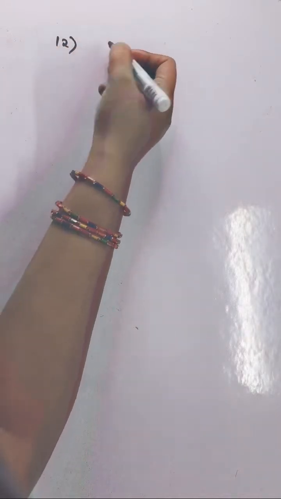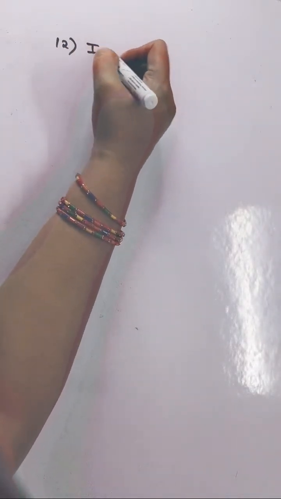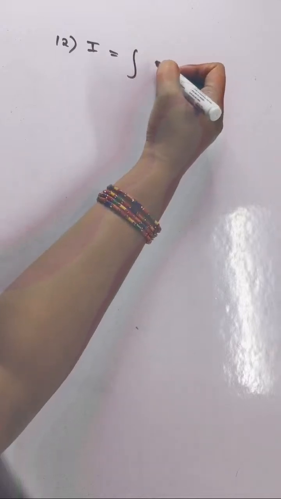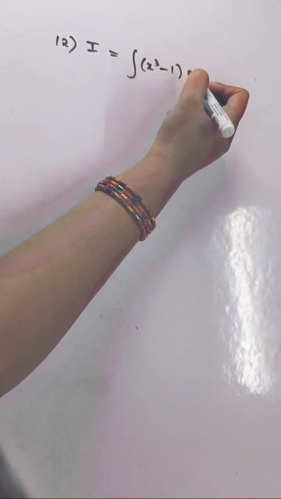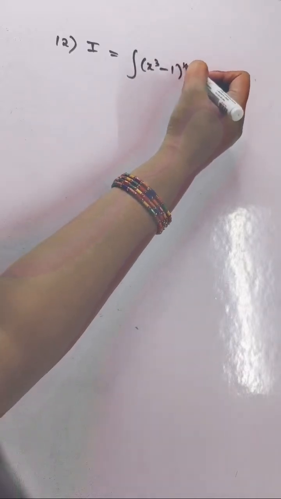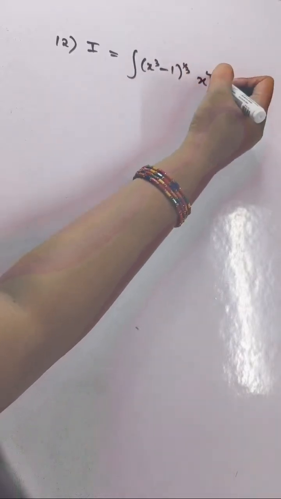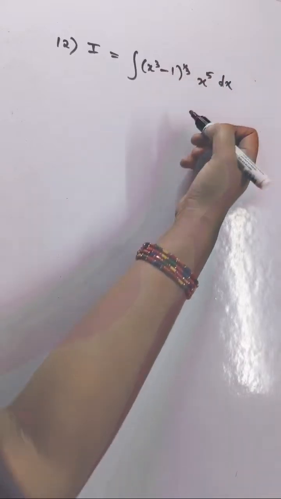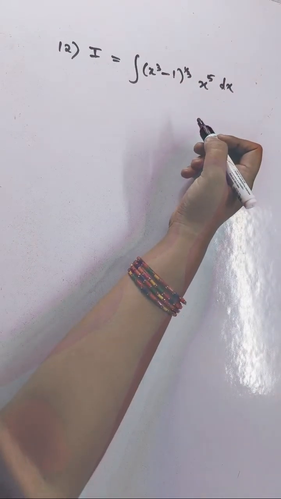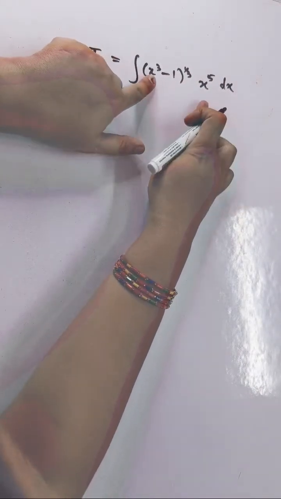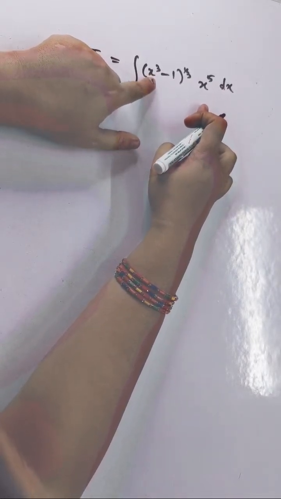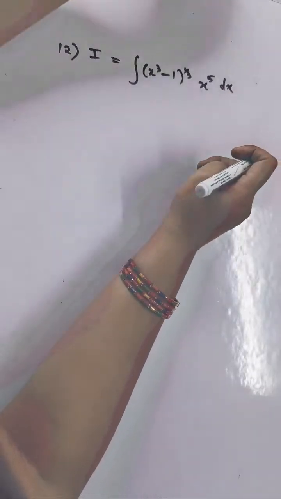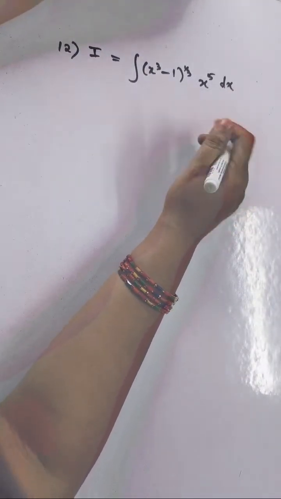Question number 12. I equal to integral (x cube minus 1) whole power 1 by 3 into x power 5 dx. இப்போது பவர் 3ல் இருக்குது, பவர் 5ல் இருக்குது. 3 4ல் இருக்கணும், இல்லை 4 5ல் இருந்தால் தான் நமக்கு சப்ஸ்டியூட் பண்ண முடியும். ஸோ இங்கே என்ன பண்ண போகிறோம் அப்படின்னா